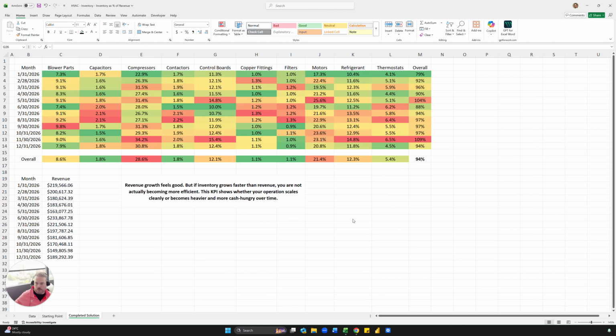So revenue growth feels good, but if your inventory is growing faster than your revenue, you're not becoming more efficient. And here I want to show whether your operation scales or becomes heavier and more cash hungry, cash needy over time. And so what we're going to do is create this heat map here,